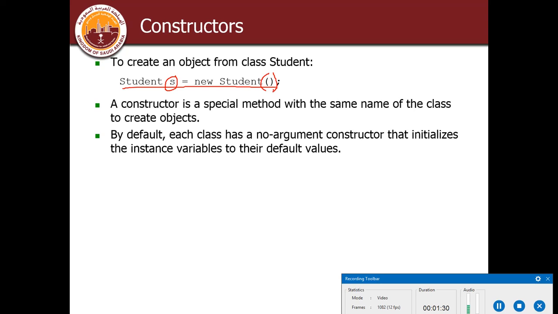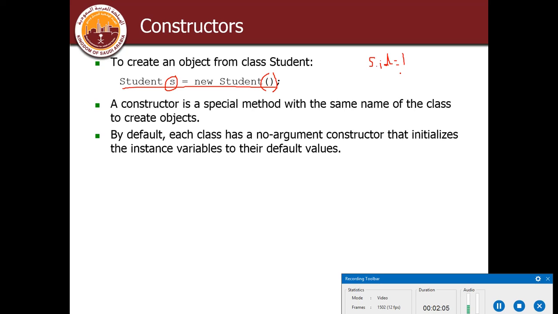So we have done this earlier by using two approaches for creating the objects and giving the initial values. The first approach that we have done was using the dot operator to access the instance variables and then assign the value to them individually. For example, if you can recall, we used to do it like this: s dot id is equal to 1. That means with the help of the object, we are accessing the instance variable and then we are assigning the value to the instance variable. But this is a tedious approach.